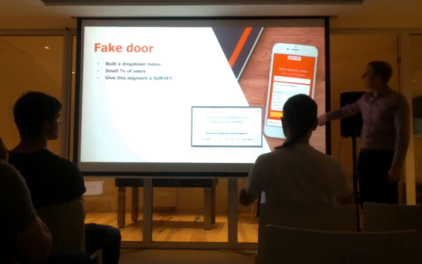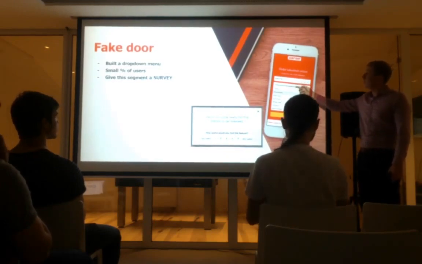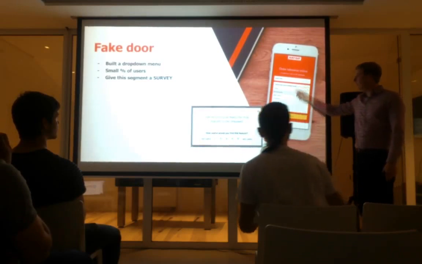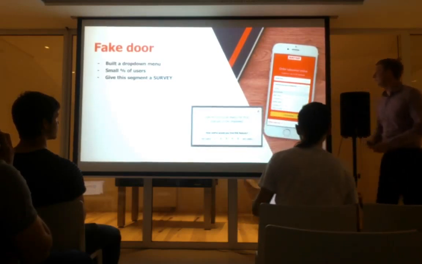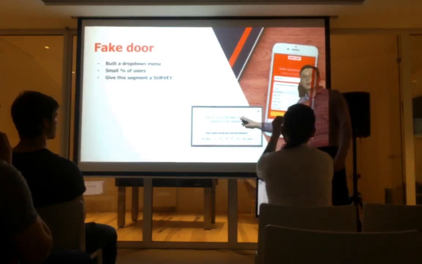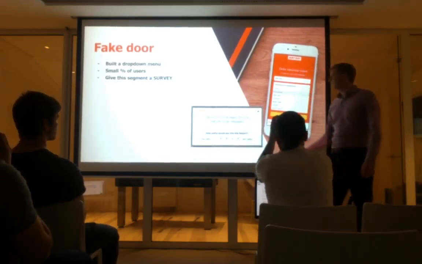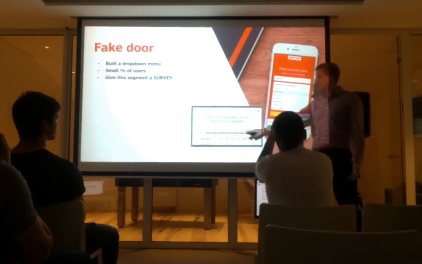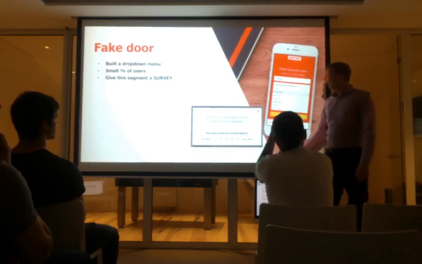Put all of these on the homepage. So you put in your postcode and you pick the option from the drop down. And as the user clicks the option, we're giving this pop-up. We're not quite ready for this feature to be released, but do you think it would be useful for you?